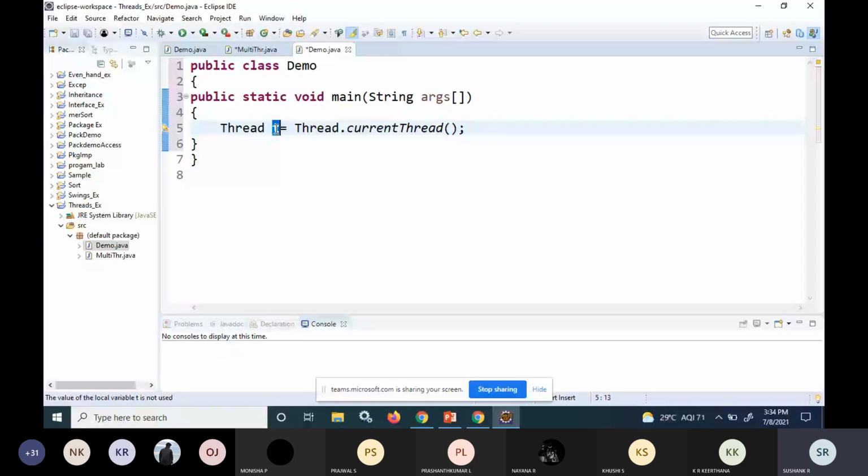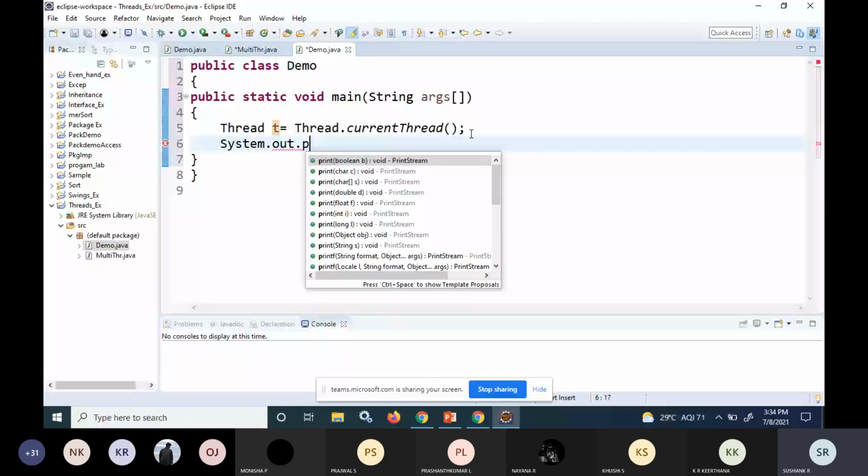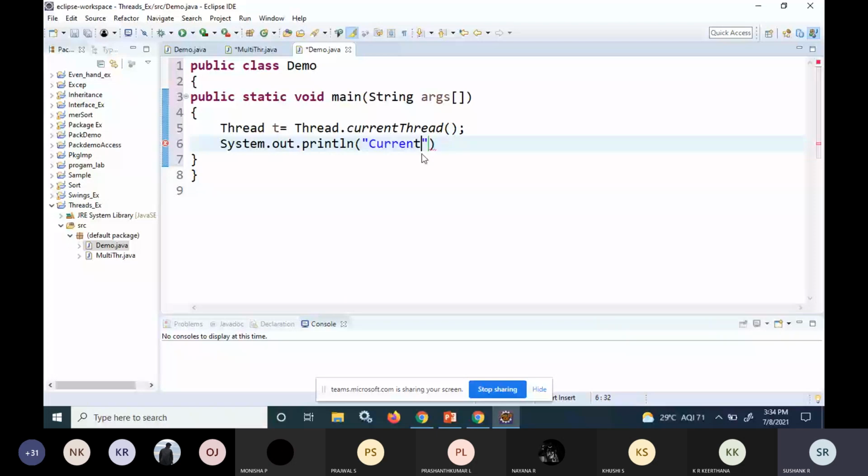Now I'll print that: System.out.println, this is my current thread, t. Now if I run this, you just check what output you will get.